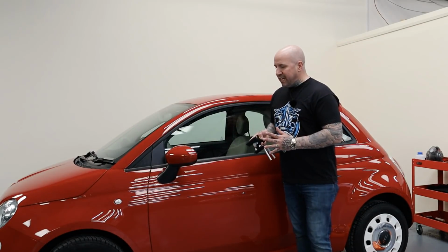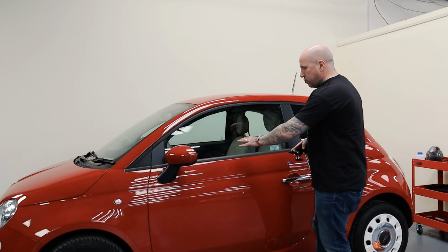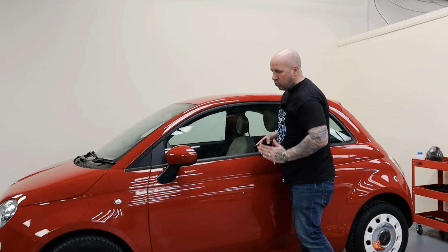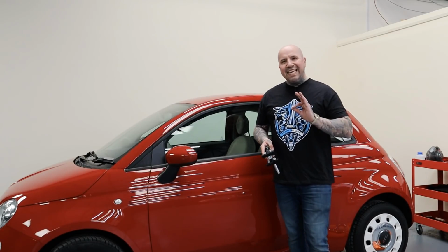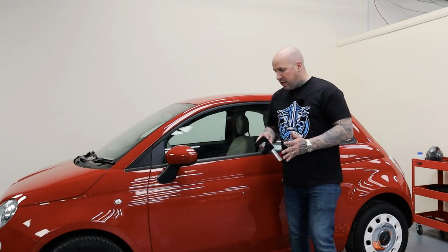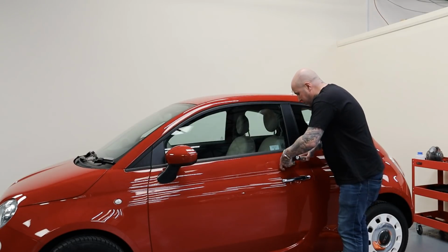But getting into the PDR business is a great way to make some money, but it's not as easy as it looks. Using the tools, which for instance may go down in between the window, in between gaps or areas where we can actually get into the panels, are quite difficult to manipulate the actual skin of the car. I've been on a course myself, it is not the easiest thing to do, but we also do glue pulling as well. So for instance, we may attach a plastic PDR glue pulling bit of equipment, attach the rest of the kit to it,